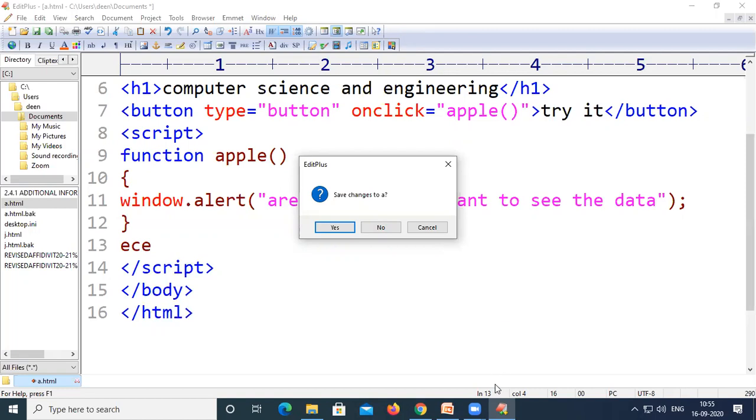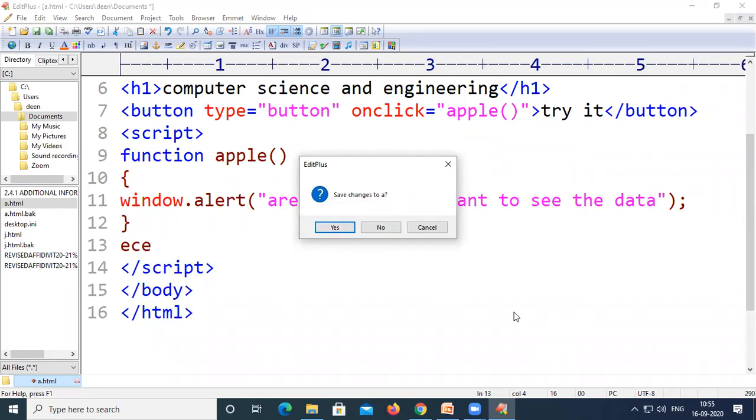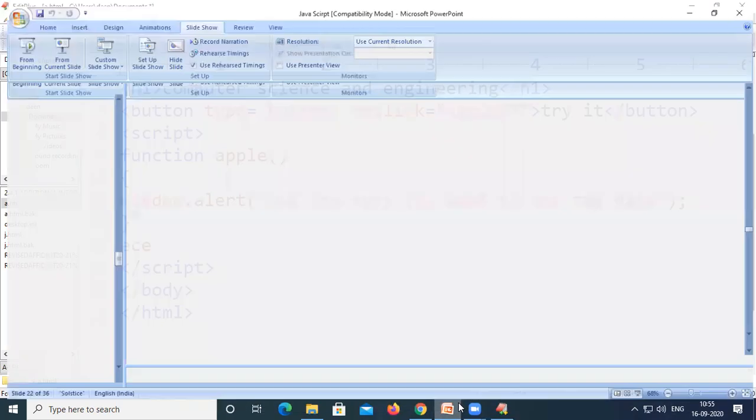So if you use window dot confirm, then it will create two buttons only. Let us assume the first one is OK, and this is Cancel. If you click on Cancel, it will not allow the work to be done. For example, I want to close this window. It has displayed two buttons, an OK button and a Cancel button. If I click on Cancel, it will abort.